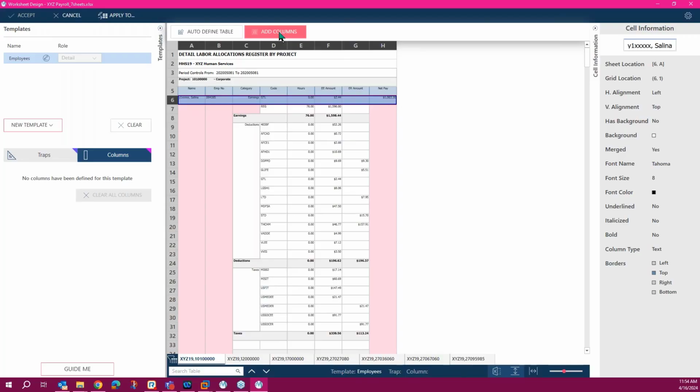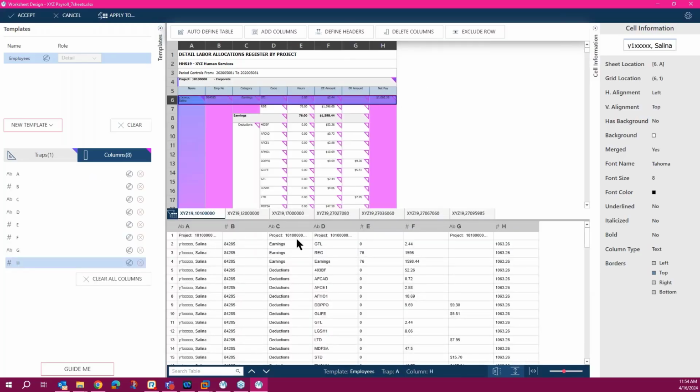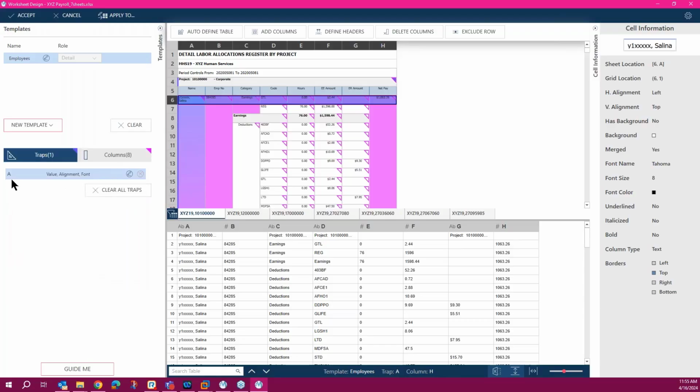So if I click on add columns, it will select A through H and it doesn't skip G. Granted that this project is also part of the first row, but we can get rid of that later on. So these are the column names and there's only one trap. The trap is applied to column A.